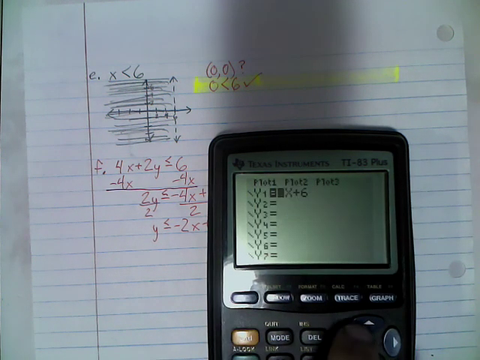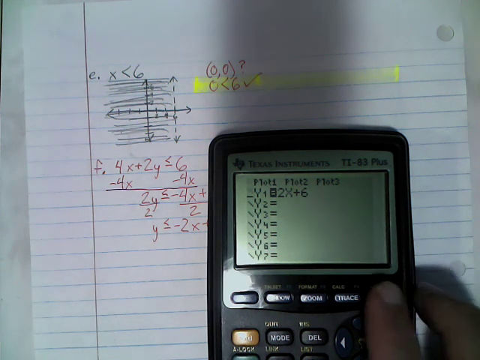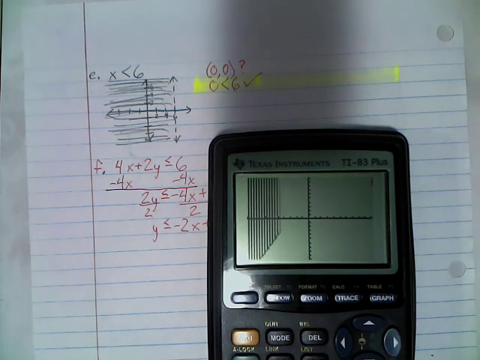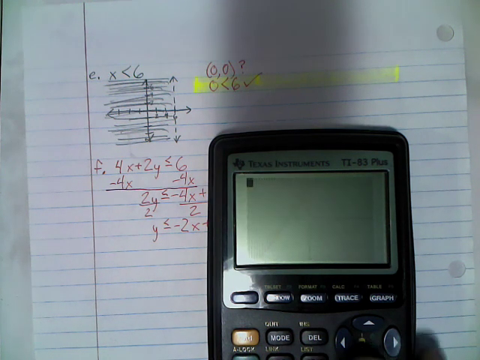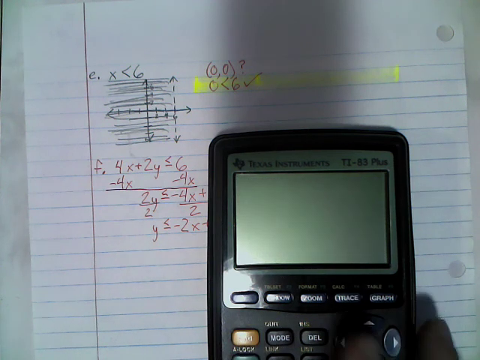So now I'm going to go back to my y equals, come back here, and change that so it's graphing above the line. Hit graph, and that's what it should look like. So that's using your calculator. All right, so moving on